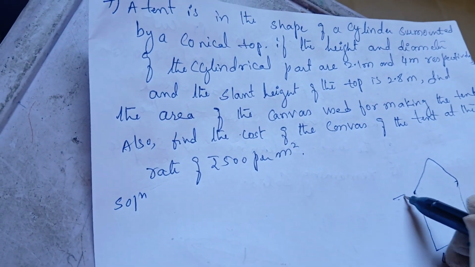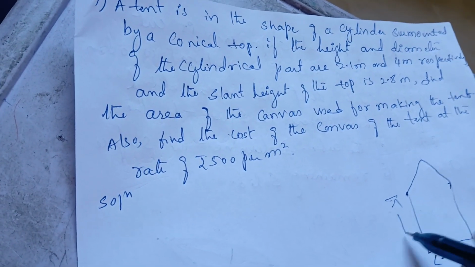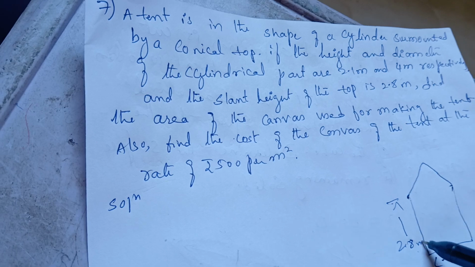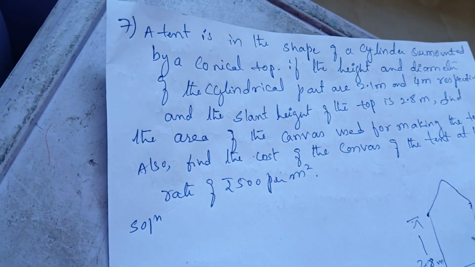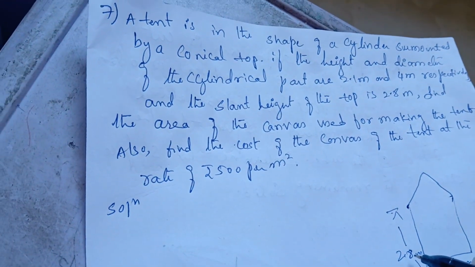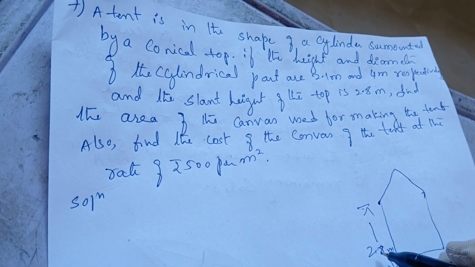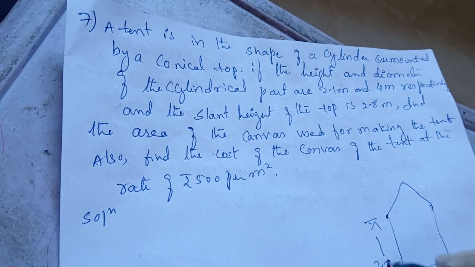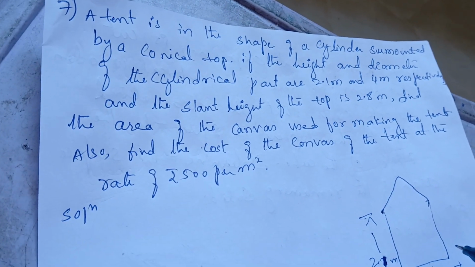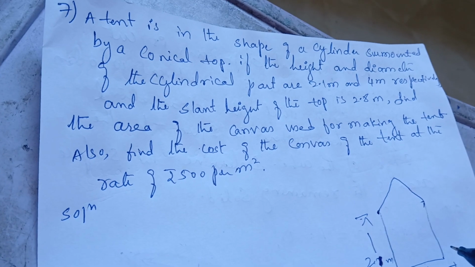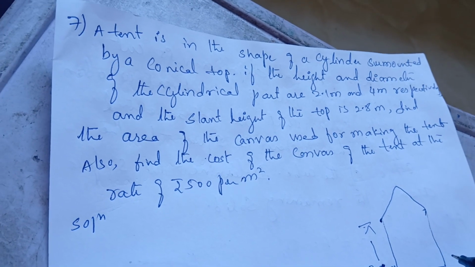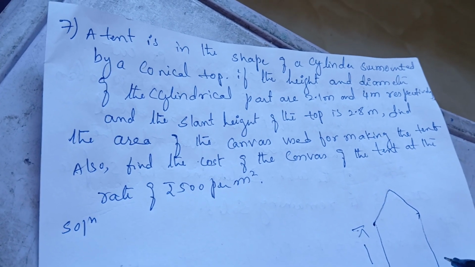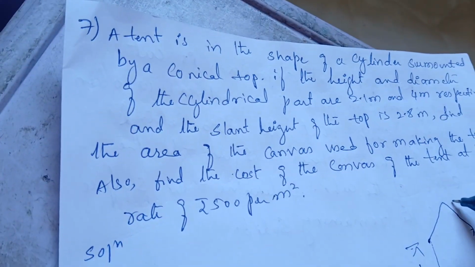So the height of the cylinder is 2.1 m. And find the slant height of the top, and the slant height of the top is given as